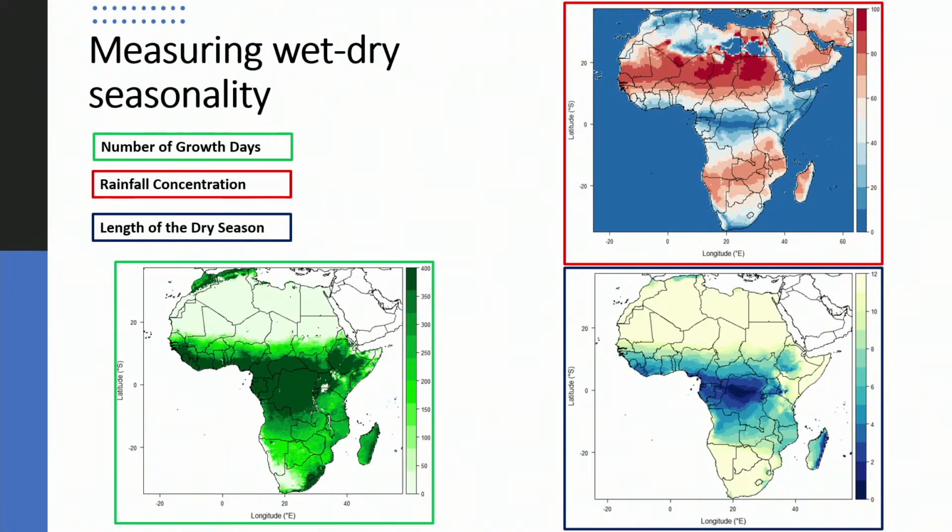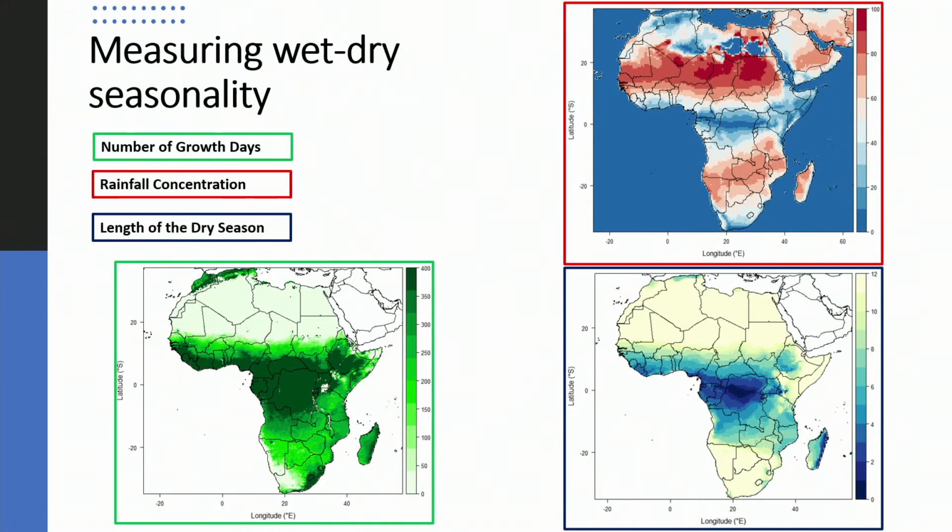It just counts the number of months where the potential evaporation is above the amount of precipitation. Then you get the rainfall concentration index over there, which takes into account the total amount of rainfall and also how spread the rainfall is. So for example, if the rainfall concentration index is 100, it means that all the rain is in one month. And if it's a rainfall index of 0, it's spread out throughout the year. So that's how we know which parts of Africa are seasonal.